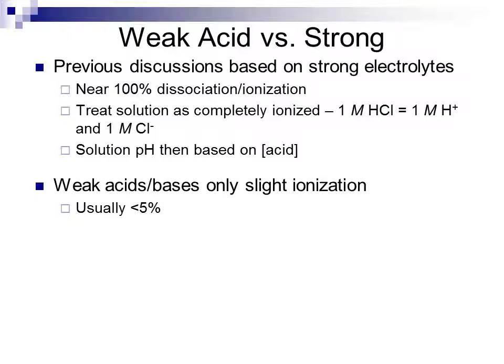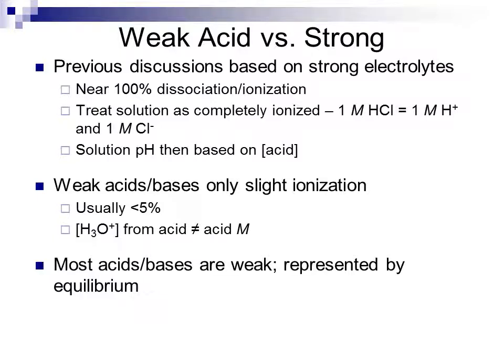Usually the ionization in a weak acid or weak base is less than 5%. The concentration of hydronium, which comes from the acid, will not be equal to the acid molarity. Most acids and bases that we experience are going to be weak, and they will have to be represented by an equilibrium expression. For example, if we look at carbonic acid, H2CO3, carbonic acid dissolved in water will react with